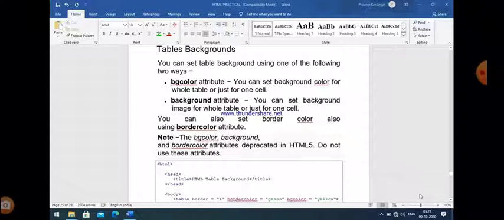Now let us see the code which implements the bordercolor, bgcolor and background attribute.